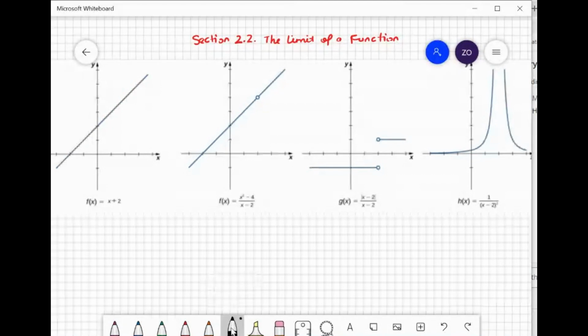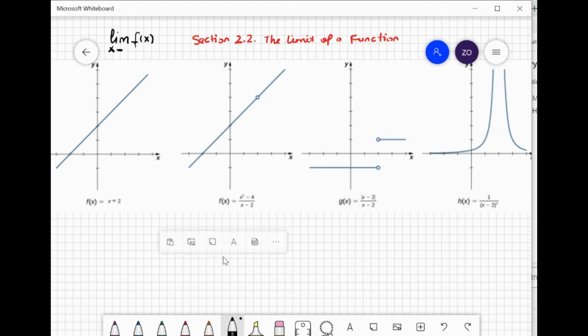Okay, so to get started, let me first introduce you to the notation. We will be talking about the limit of a function. Let's say we can have any type of function in here, and we will let the x values approach a number a. Sometimes this is equal to the function value f of a,